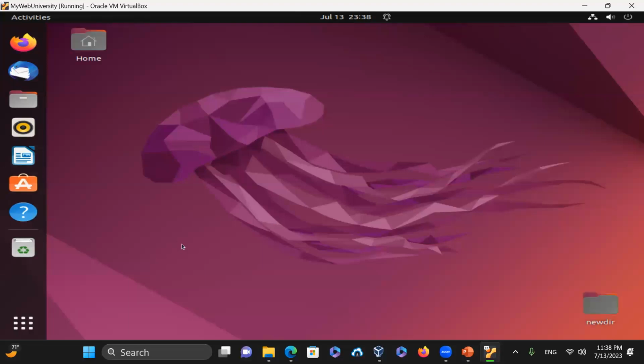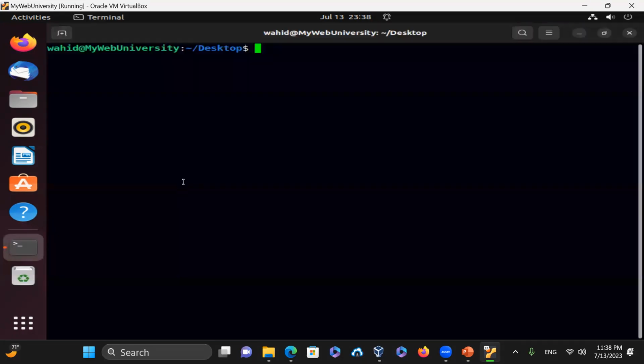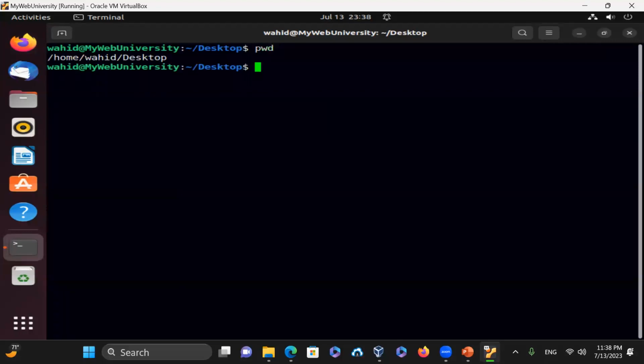And you can see it has a nice interface. And this one, if I just right click here and say open a terminal, this terminal comes in. Notice that the desktop is really good in terms of the customization, and that's as a result of this